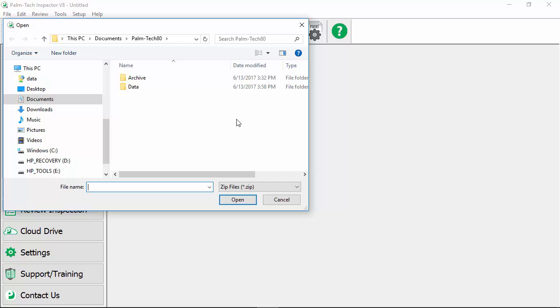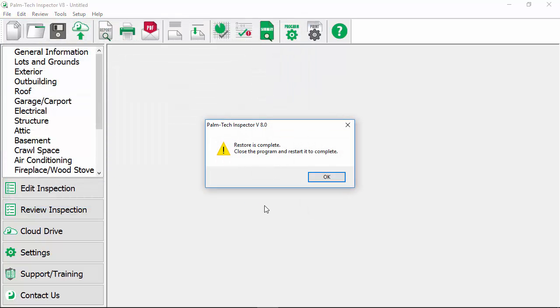And so if you have it on a storage drive, you would simply navigate to that storage drive. If you had it in your email, you want to make sure you would download it first, and then it might be in your downloads folder or in your desktop. In this example, since we just created the backup on this computer, we know that it's in data and then maintenance. Once you've navigated to where the file is, you simply click on it and then you click on open,